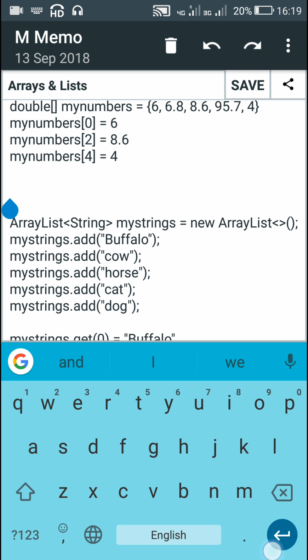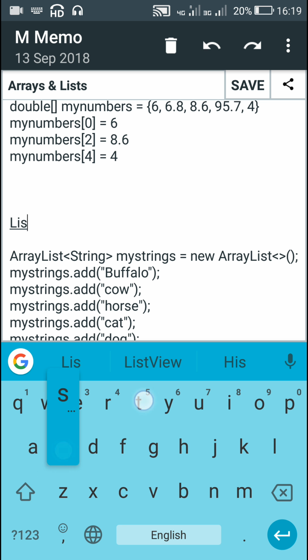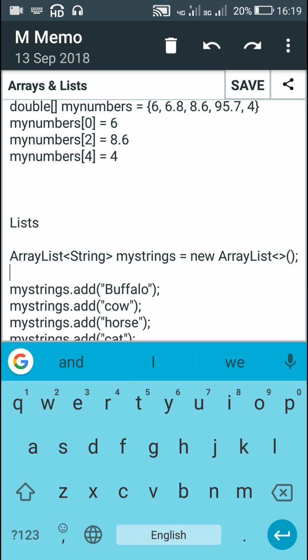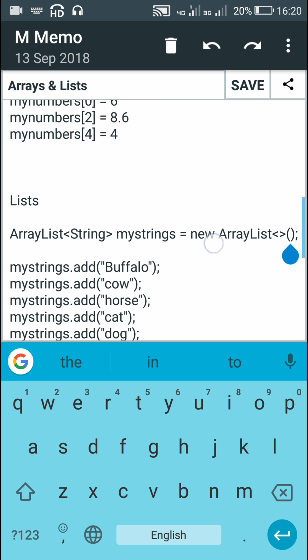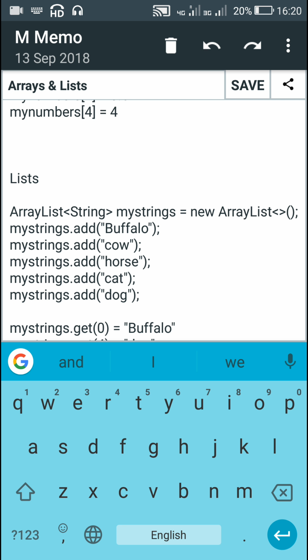Now let's move to the next topic, which is lists. In order to define a list, we have to first write array list, or we can simply write list followed by angular brackets, and inside the angular brackets we have to write the type of list. So here this is a list of strings, so that's why I have written array list string. Then we have to give it a name. I have given this list of strings a name called my strings, and I have defined it as a new array list. After that I have added items to this list